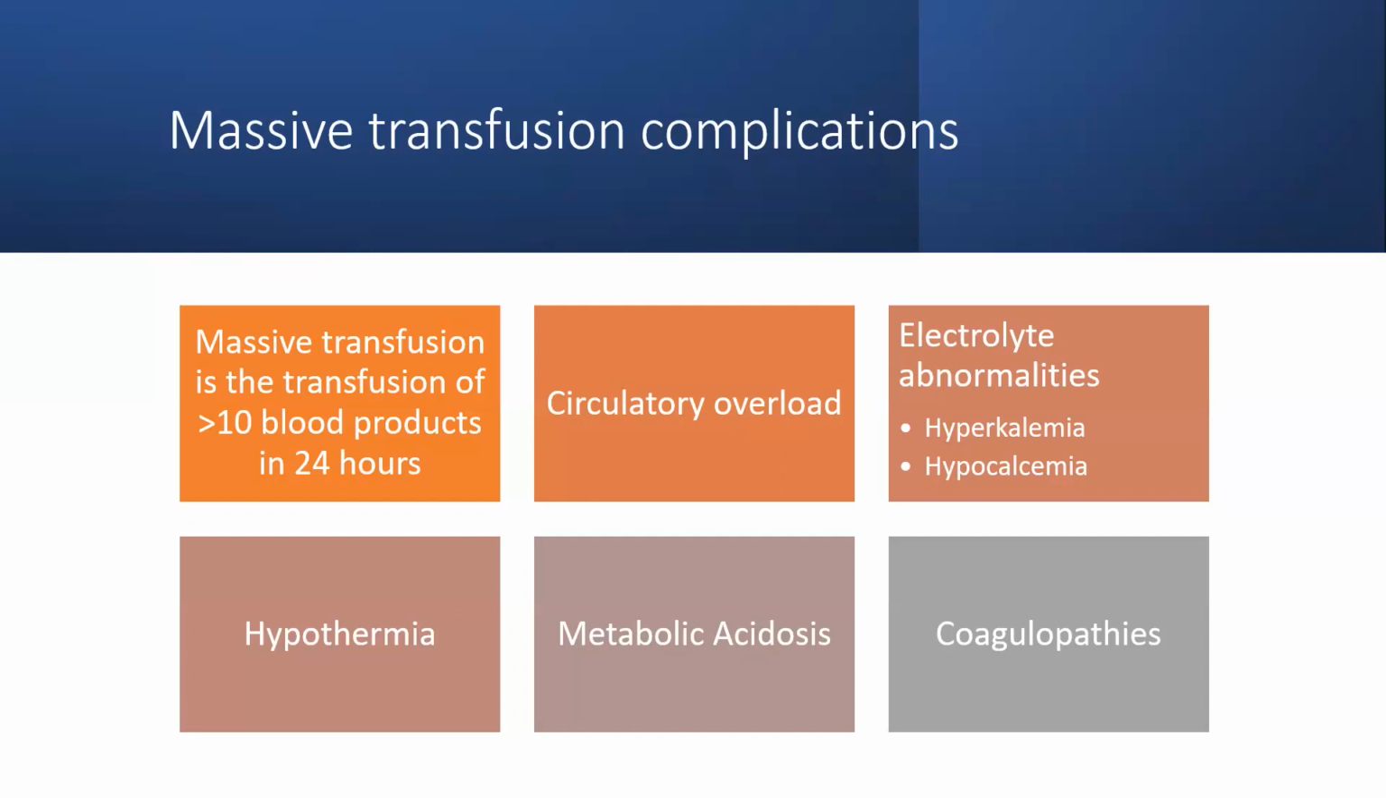Some massive transfusion complications can occur. Massive transfusion is just defined as the transfusion of greater than 10 blood products within 24 hours. So you've probably seen at least one patient receive some sort of massive transfusion. A very common problem with massive transfusion is circulatory overload, because we're so focused usually on managing the blood pressure in the moment, or replacing FFP if the patient's consumptive in their clotting factors,